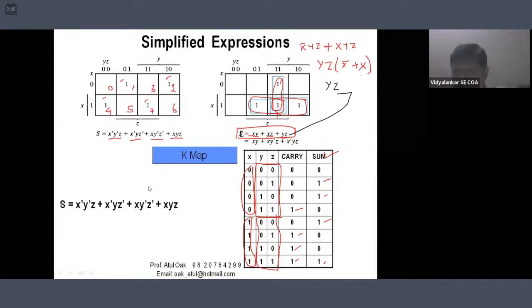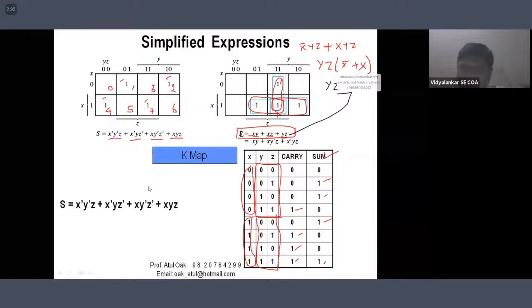plus x. And I showed you a reference to the Boolean rules, that x plus x bar and x bar plus x is 1, and because this is 1, what remains is yz. That is why we write it directly; there is no need to do this calculation. That is the reference. Anyway, now all the instructions, then we'll end our